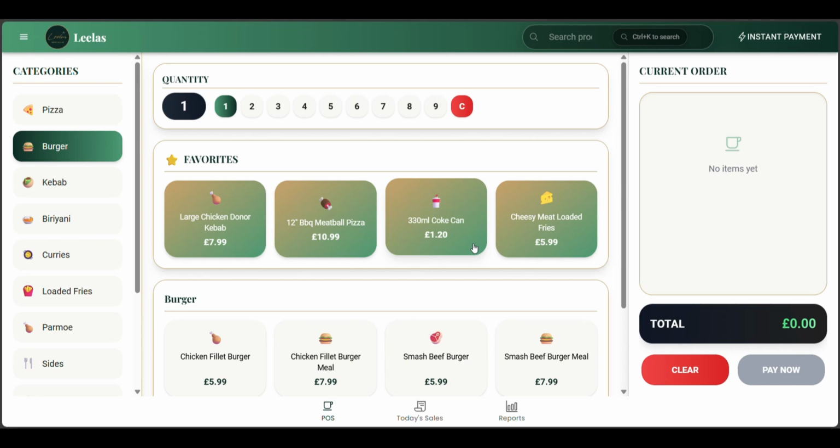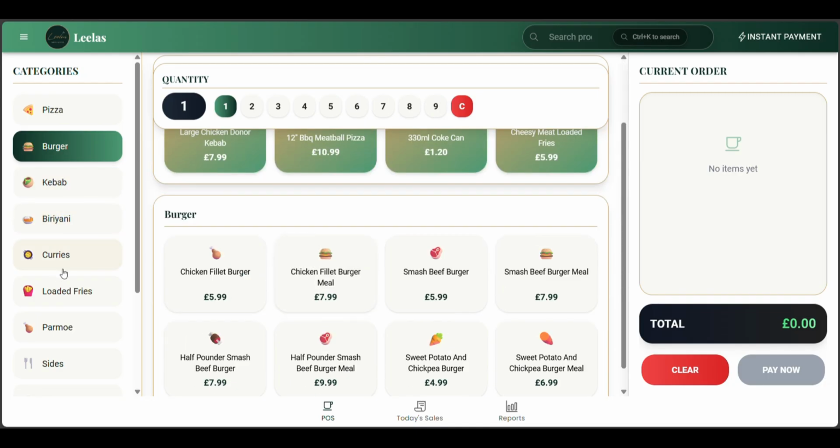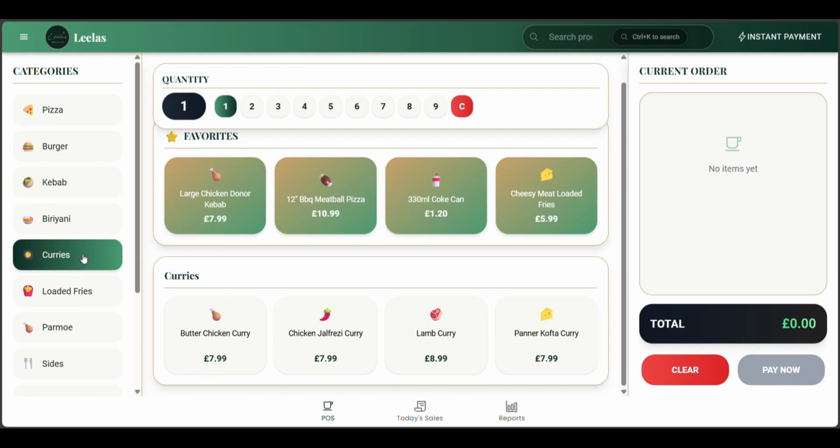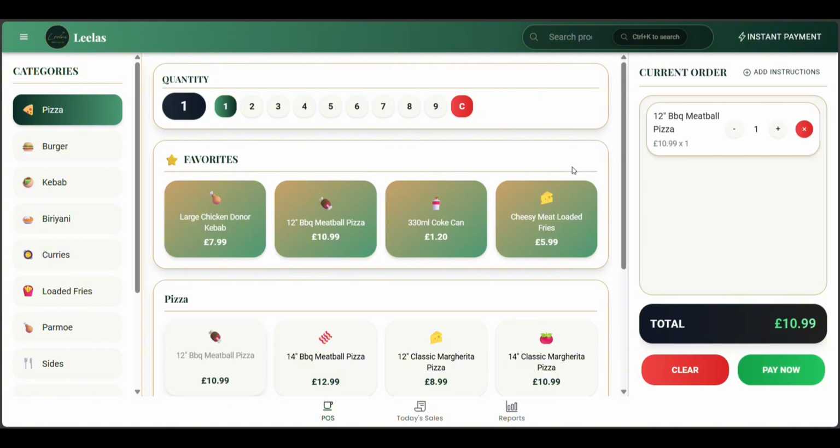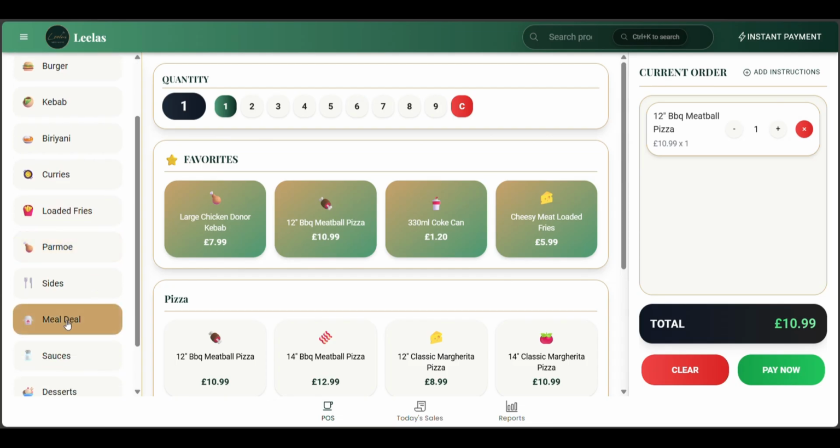Hello everyone. So this is our point of sale system, and this is the main billing page where we're gonna place our orders. In this page we can clearly see our categories and the products under the particular categories. We can easily add the products to the cart by just clicking on the product. So it will be added to the cart, and we can easily find the products by using the categories menu